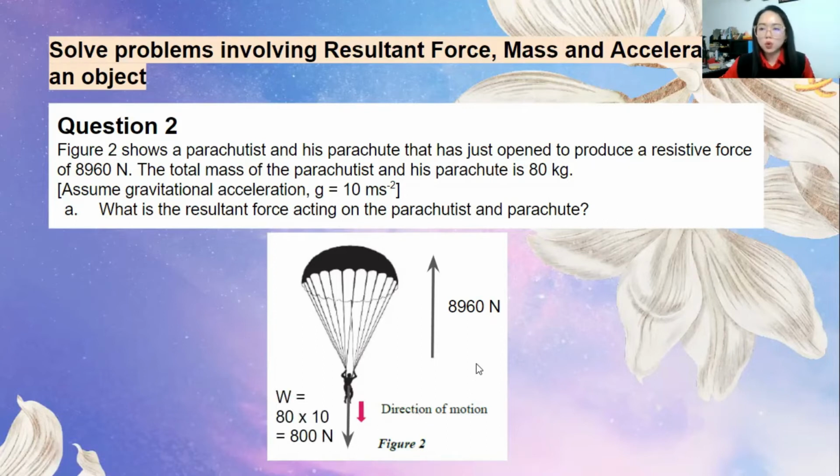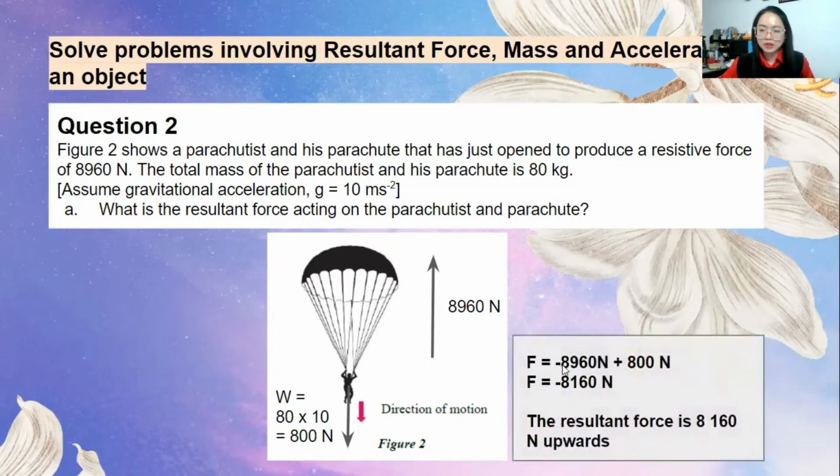Then I'm going to assume that going down is positive, because the direction of motion shows that the thing is going down. So my direction of motion is positive, and my weight will also be positive. The one going against it will be negative. So I have F equal to negative 8,960 Newton plus 800 Newton. Then F is equal to negative 8,160 Newton. But do not forget to rephrase what you mean by negative. So the resultant force is